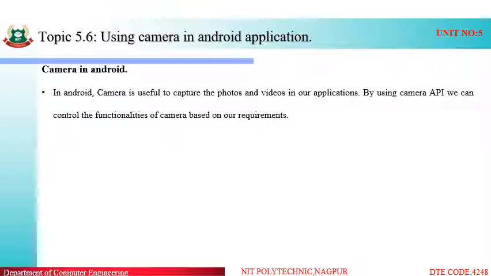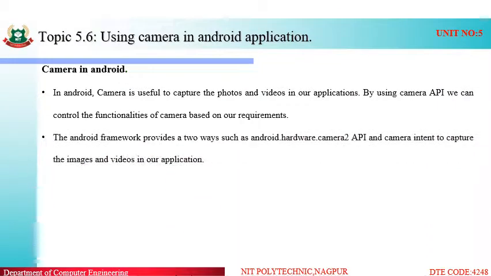Functionalities means different operations related to the camera, that is to capture a photo or to make a video, depending upon the user requirement.